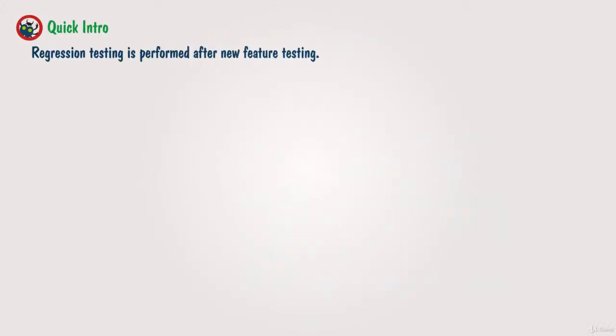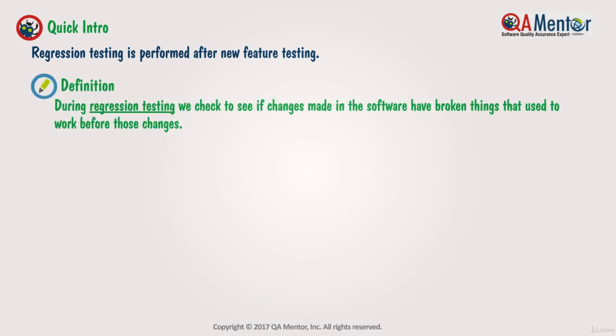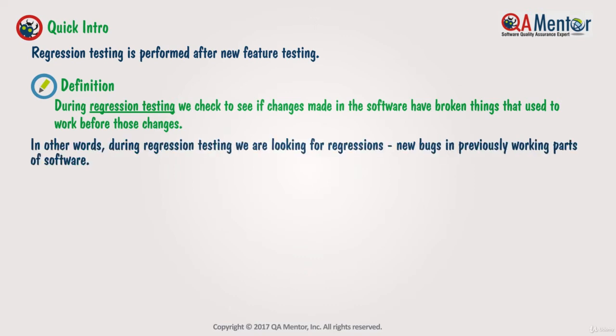Quick intro. Regression testing is performed after new feature testing. During regression testing, we check to see if changes made in the software have broken things that used to work before those changes. In other words, during regression testing, we are looking for regressions, new bugs in previously working parts